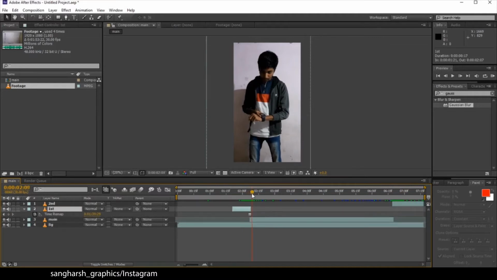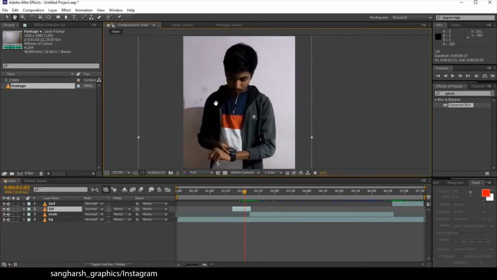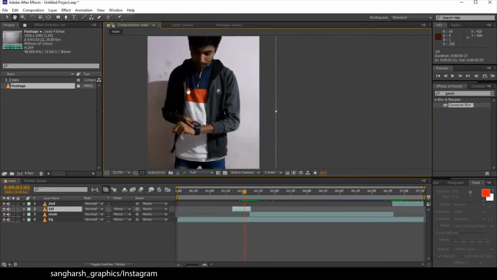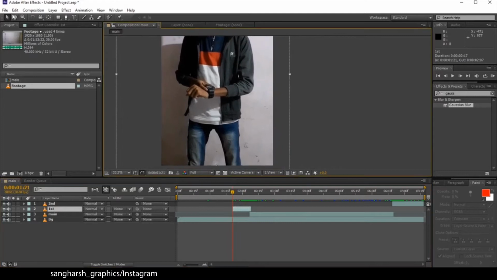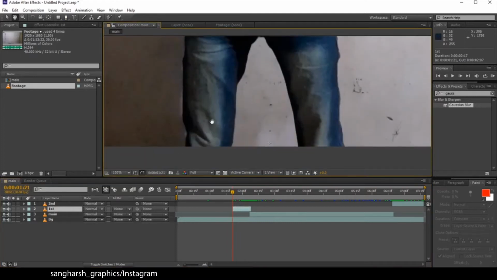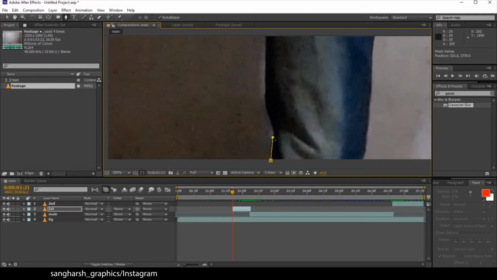Let's just make the layers like this. Now select your first layer, this one. Okay, let's make a mask on it first. Just make a mask on your character first. Select the pen tool. I am going to turn off the Roto Bezier.